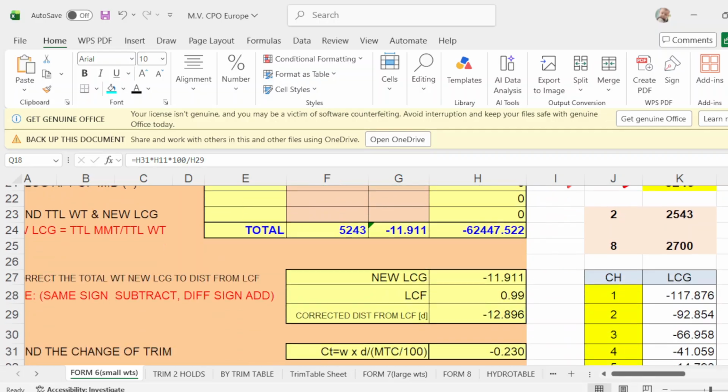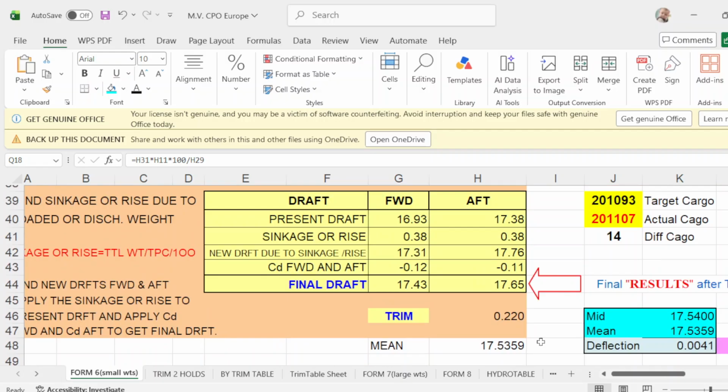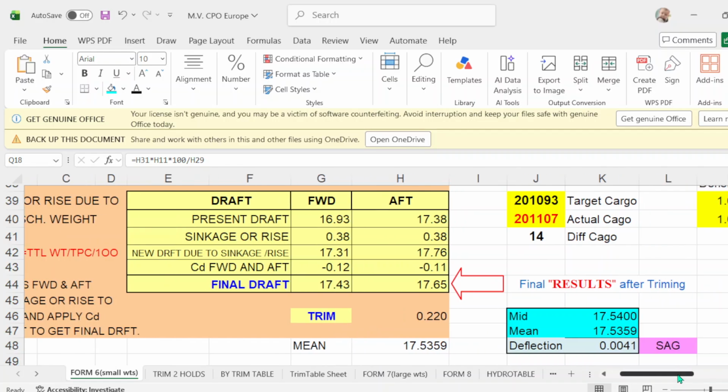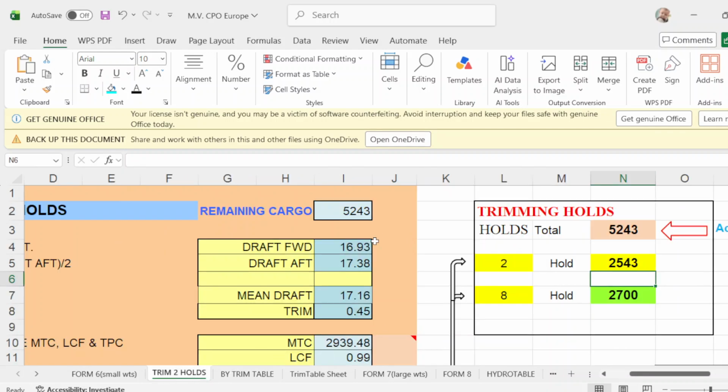Then your departure drop would be forward 1743, 1765, 22, and mean drop is 1754, and you have 0 deflection. Okay. Then we go to the buy trim table.